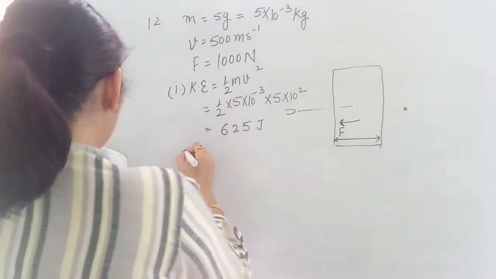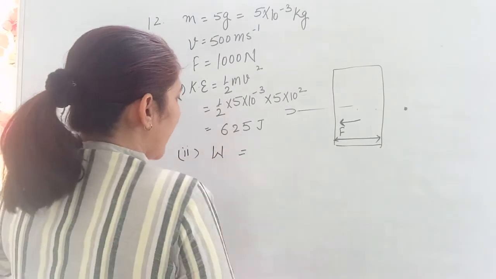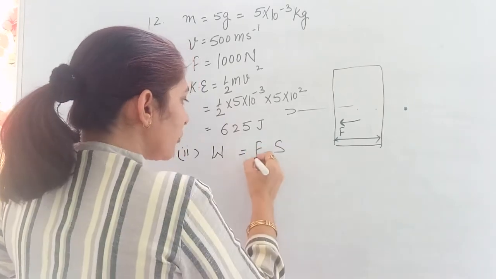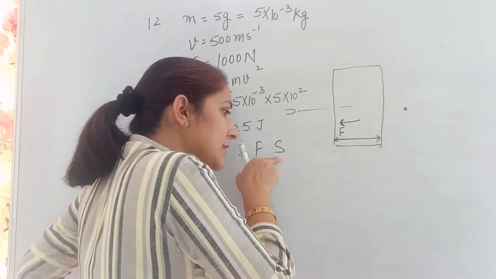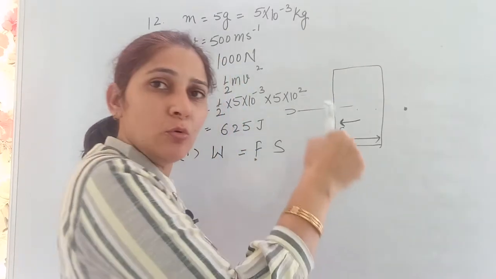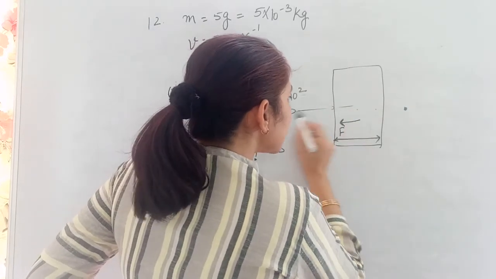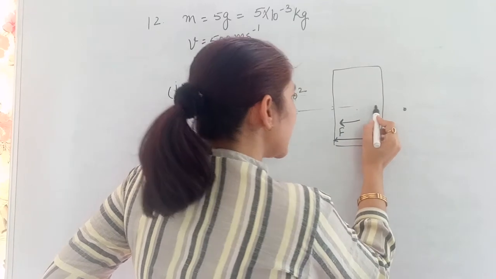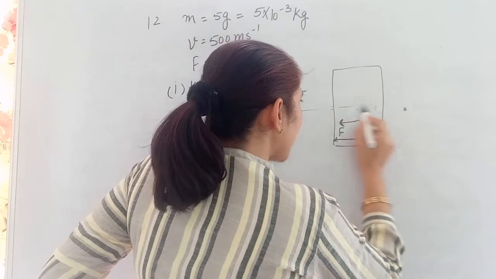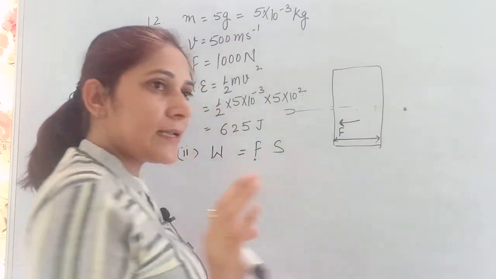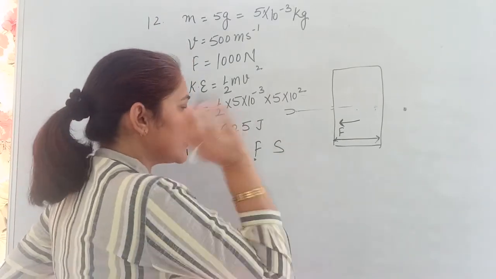So what we need to find out is the distance. So work done by a bullet is given by force into displacement. Which force are we talking about here? Resistive force. And displacement, how much distance it covered before coming to rest. The bullet started from here, and after coming here, how much distance did it travel before it comes to rest. Suppose it comes to rest here, or it comes to rest here, so how much distance it traveled before it comes to rest, that is the work done by the body, and that is equal to the resistive force and the displacement.